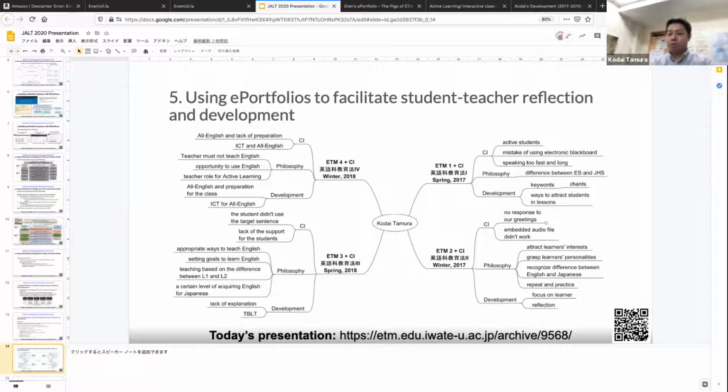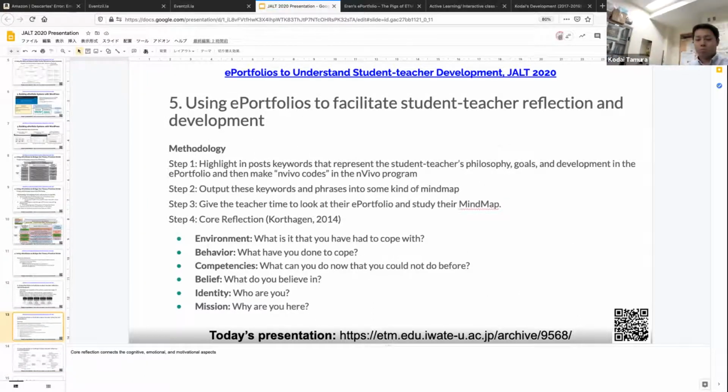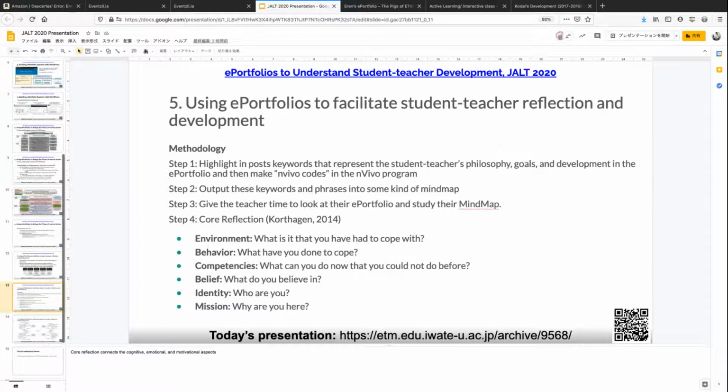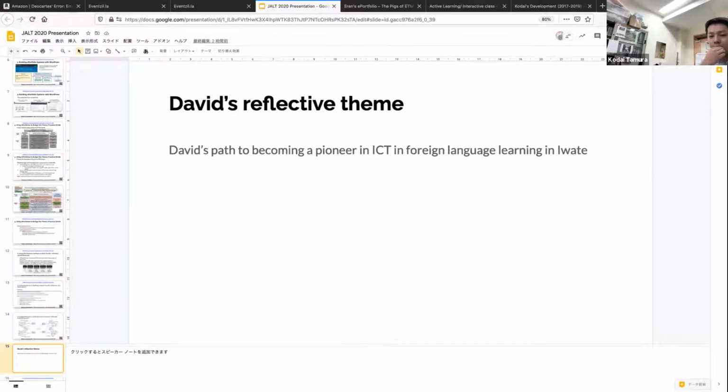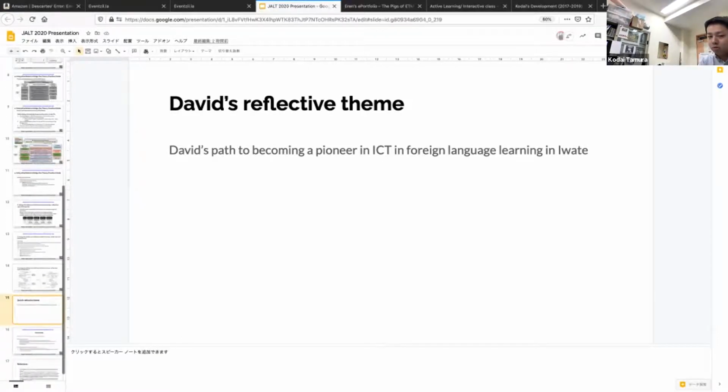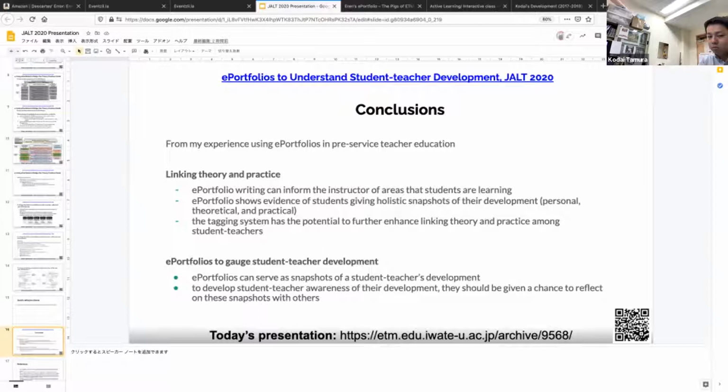Okay, so basically, I asked Kodai these 6 questions. This is called core reflection. And I think Kodai's theme is, I'm sorry, Kodai's nickname is David, okay? David has explained to us his path to becoming a pioneer in ICT and in foreign language learning in Iwate. So to wrap this up,